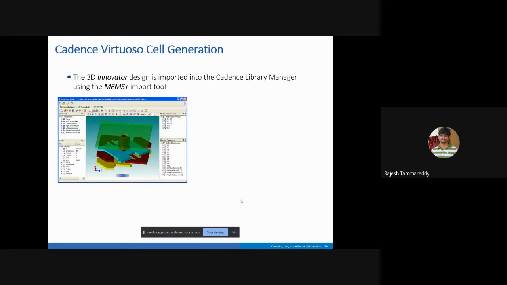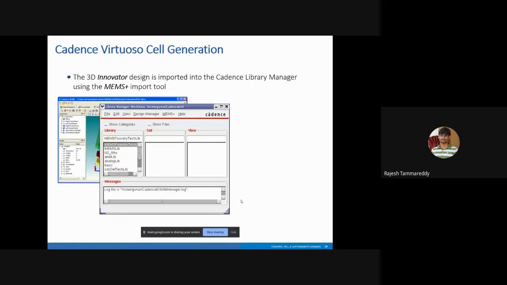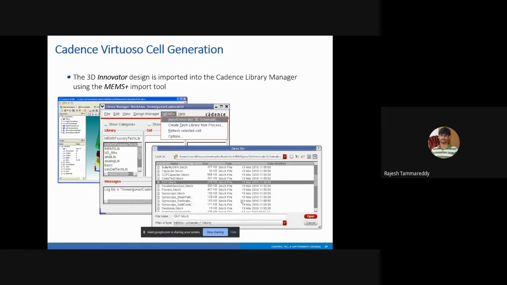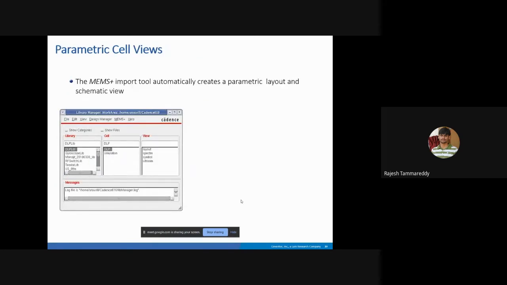So next, once you integrate MEMS Plus with Cadence, you have an option in the Cadence environment. Next, yeah, you can see the MEMS Plus option there. Select the import option, again select the schematic and say open. Yeah, once you import, right, two pieces of data are shared here.